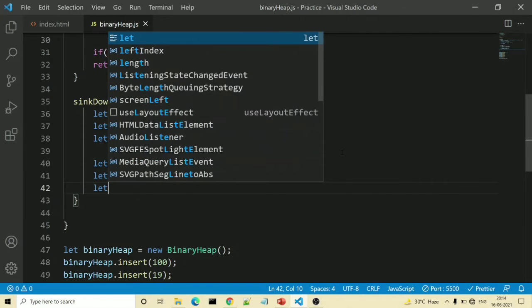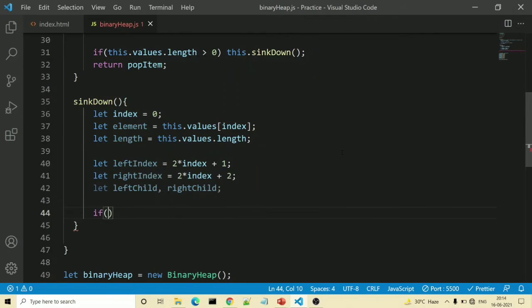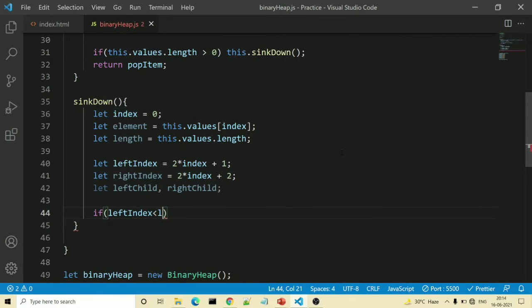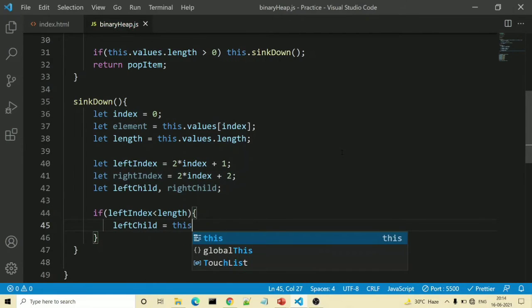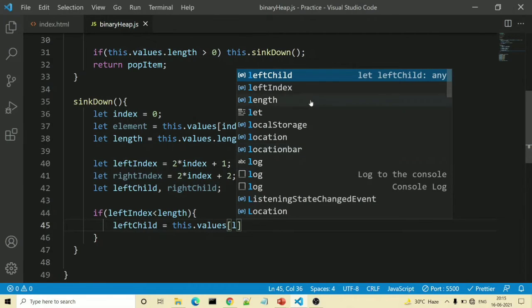So firstly we will declare our left and right child. Left child and right child. Okay. And our next step we will check if left index is lesser than the length. If it is lesser than the length, then surely we have the node value also. So we will do left child is equal to this dot values and inside bracket we will write left index.